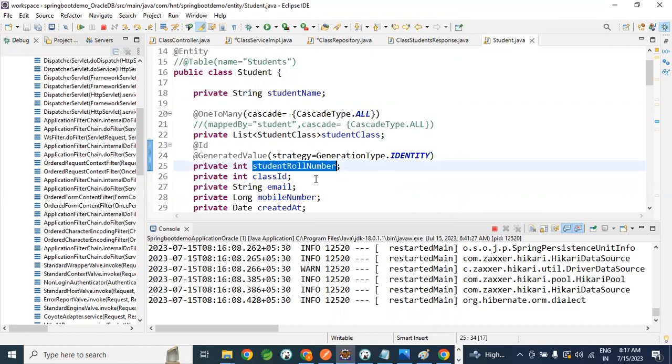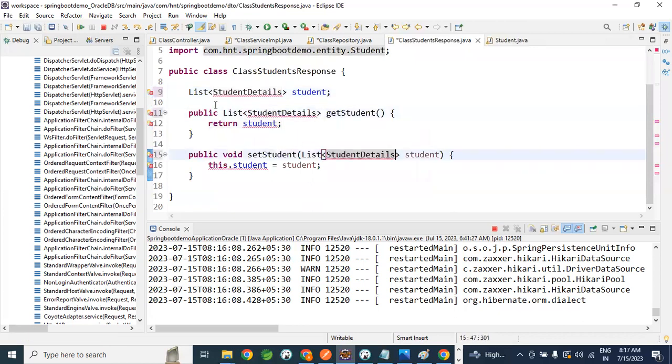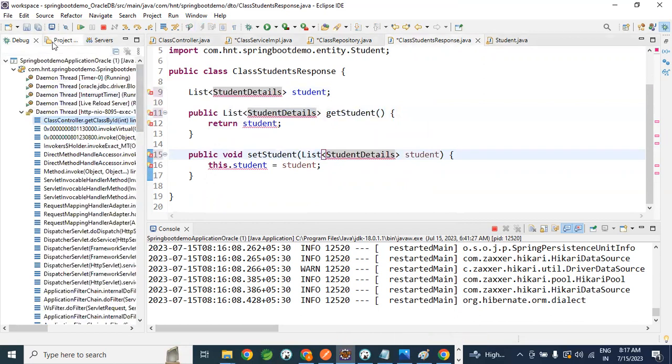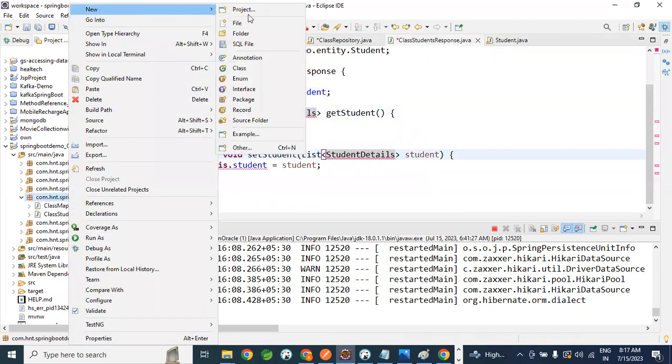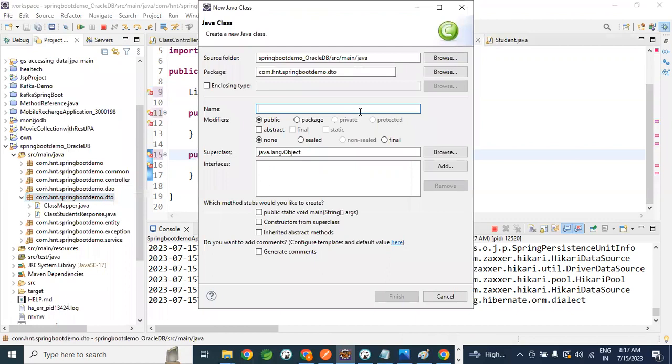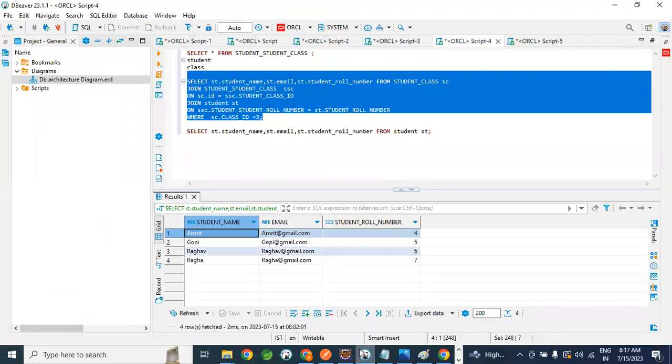So instead of this class, we can create another one. Here I will pass the student details. Same thing I will pass here also. We'll create one more class as student details just to get only those three fields. And those three fields are, first field is name, student name,